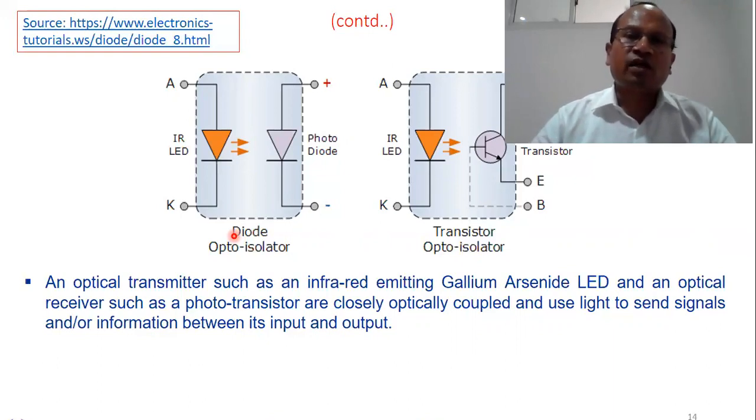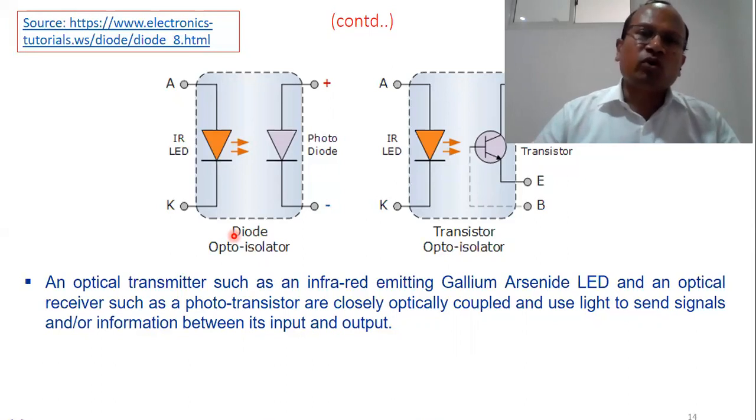It can also be used in an optocoupler, which is an interesting application that can provide isolation between a low power, low current circuit and a high, large current electrical circuit. We can use a photodiode and phototransistor combination. The LED converts electrical into light. The light can be received by the phototransistor, which can equivalently convert it into a large amount of current and provide it to the large current electrical circuit. So the two electrical circuits can be isolated and protection can be provided by the LED as an optocoupler.